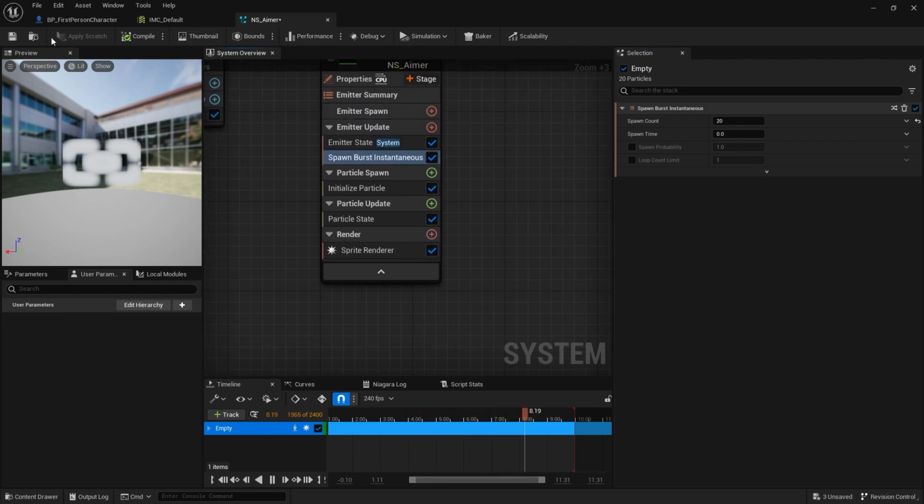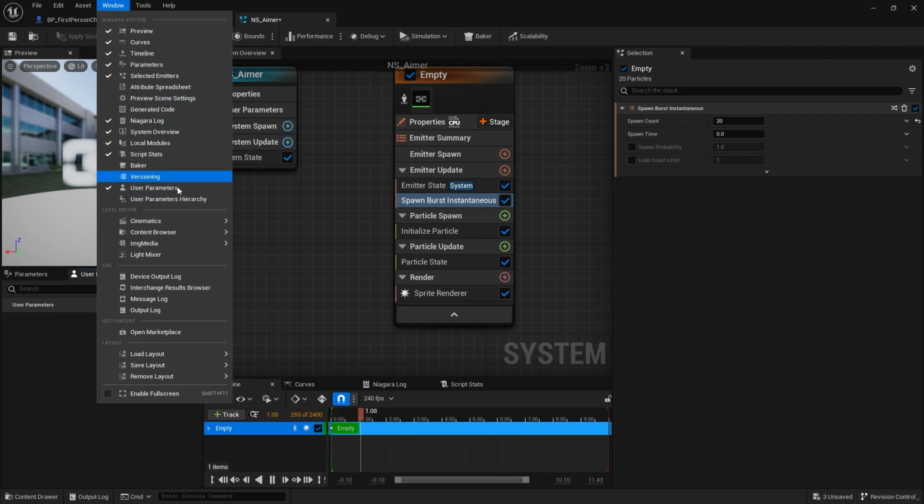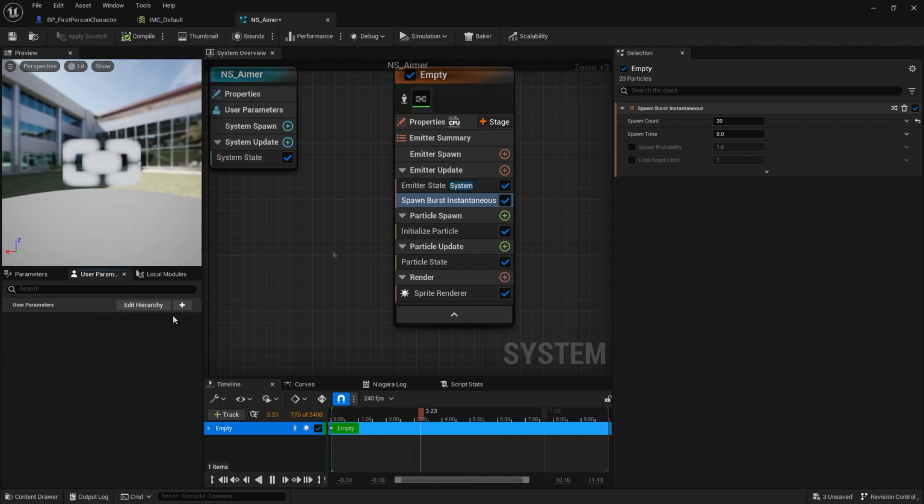So now comes a tricky bit, how to make it so it puts them all in a line exactly where you want them to be. This makes use of user parameters. So I'm going to go to my user parameters down here. If you don't see it, you can go to Window and turn on user parameters. And we go to our user parameters,